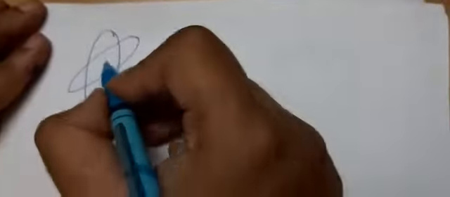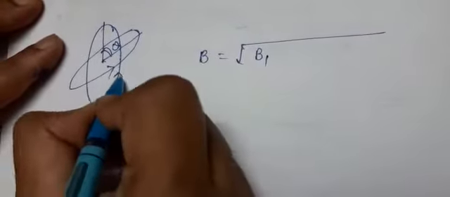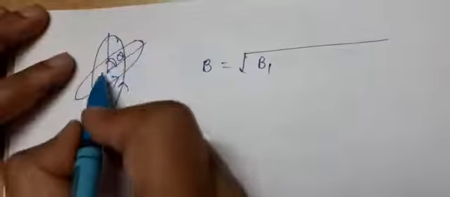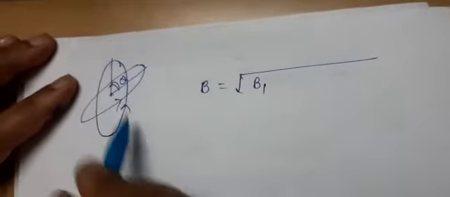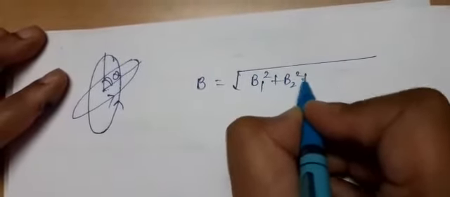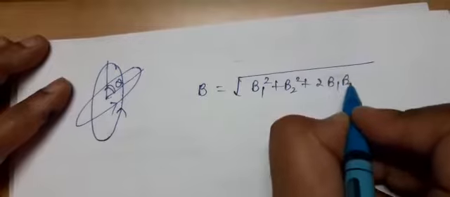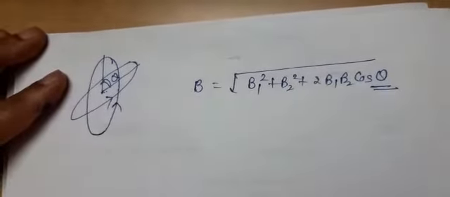Like these two coils are there, here the two coils are inclined, let the angle between their planes be theta degrees. So in that particular case you can take the magnetic field. If this is the current along this direction, and this is the current along this direction, the angle between their magnetic fields will also be the same as the angle between their planes. So now we can obtain the resultant magnetic field by taking that angle, simply as we have done earlier.